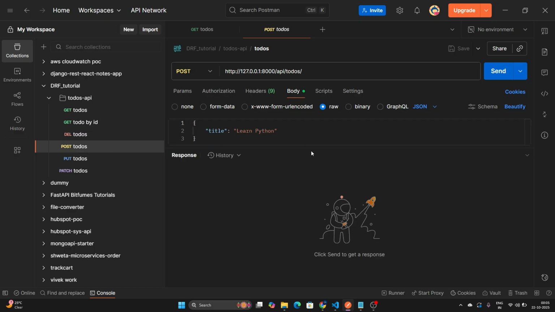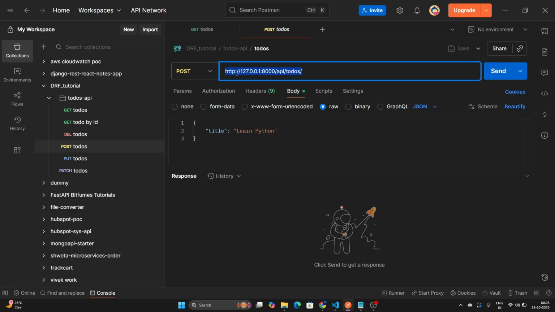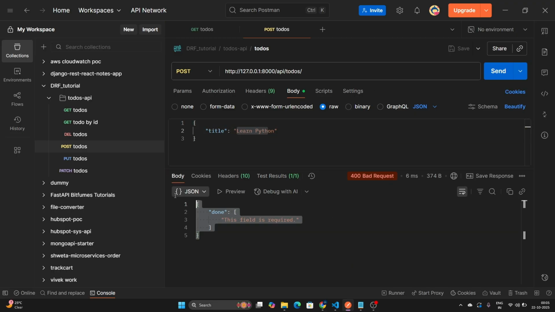So you need to go to your API. Your API endpoint is http://127.0.0.1:8000/api/to-dos, and make a post call. Keep it raw and select it as JSON. We need to provide JSON data, and let's provide a title. Let's say the title is Learn Python. Send it. Okay, so it says that done